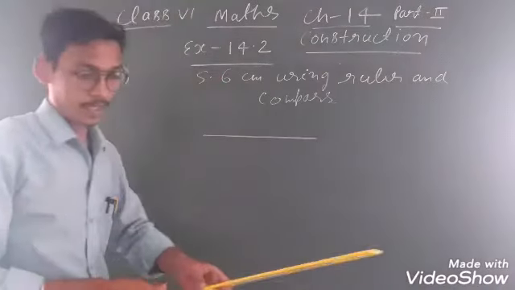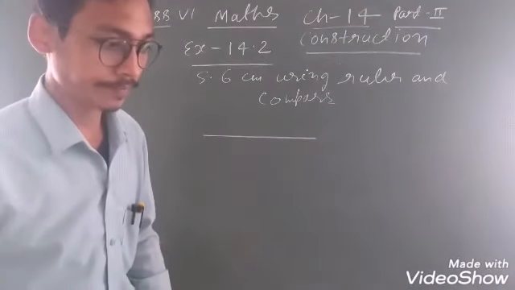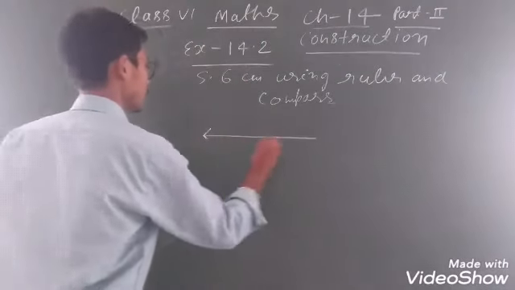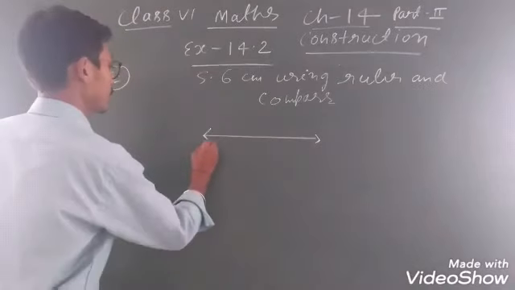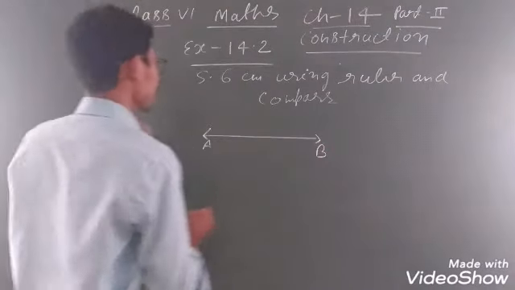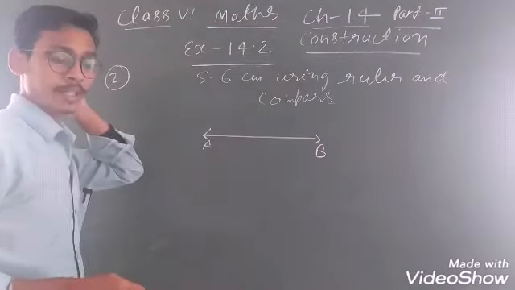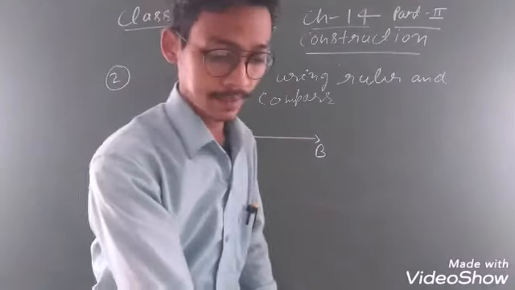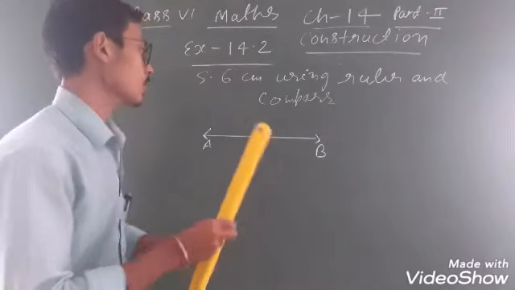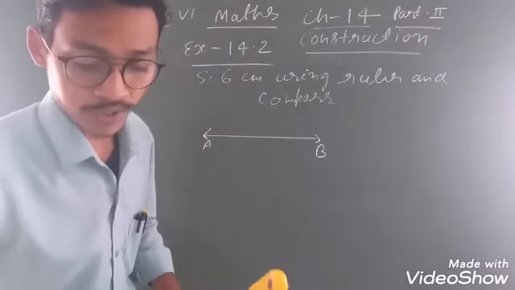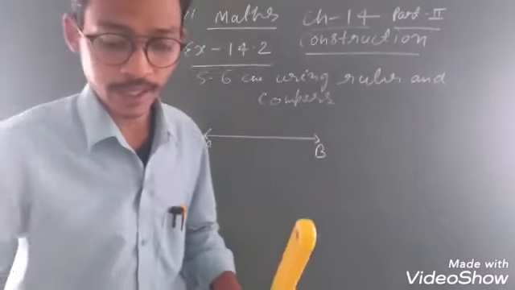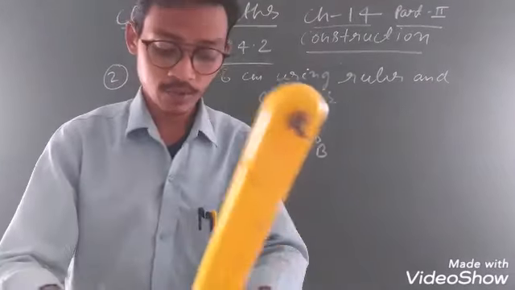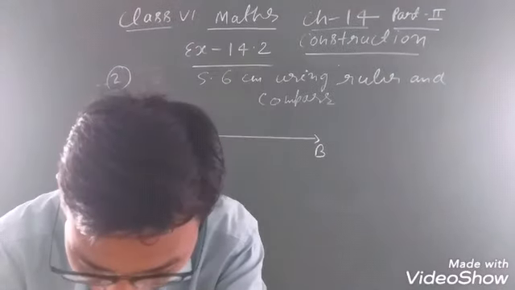Okay? Now you can give any name to this line, like AB. Next, 5.6 cm is given. Yesterday I explained that if you have to use your compass and ruler, what will you do? Now, as 5.6 is given, you will stretch your compass till 5.6. Here I am going to stretch to 5.6, and also in your copy you will stretch. Clear, students? 5.6.